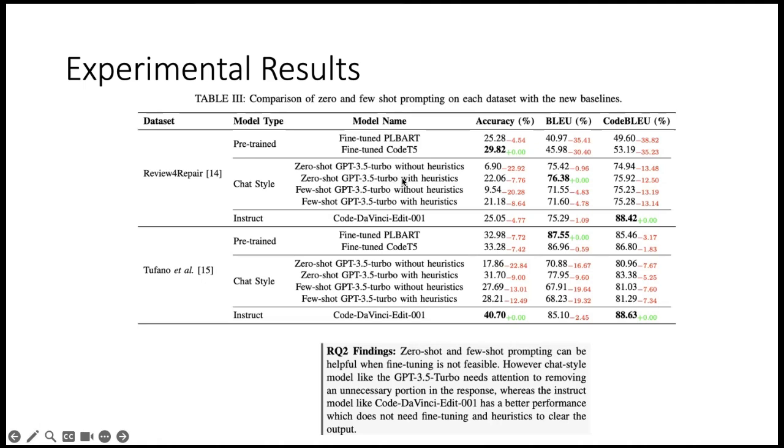We can observe that without heuristics, the number is very low, and hence the heuristic is needed in order to match the style. And also we can observe that the instruction based is able to perform much better for the Tufano et al. data set. The reason for this is